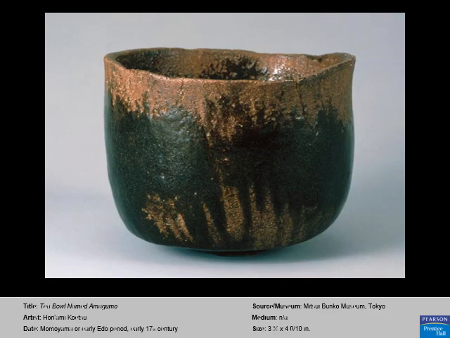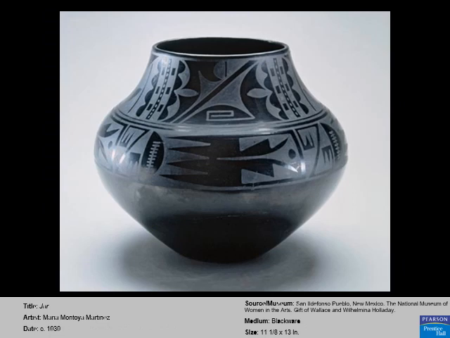Slab construction. Next, we have this jar, which was made in the 1940s, and this is coil built, meaning that kind of snakes of clay would be rolled out between the hands, and then they'd be laid in form and then smoothed out in between. So we had slab construction, and now we have the coiling technique. Again, long snake-like strands of clay would be coiled and stacked around one another, and then they'd be smoothed together to get the overall hollow pot.